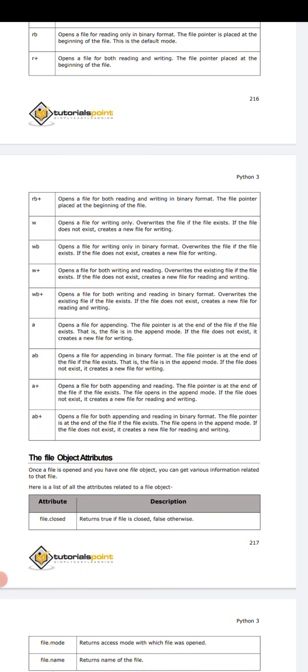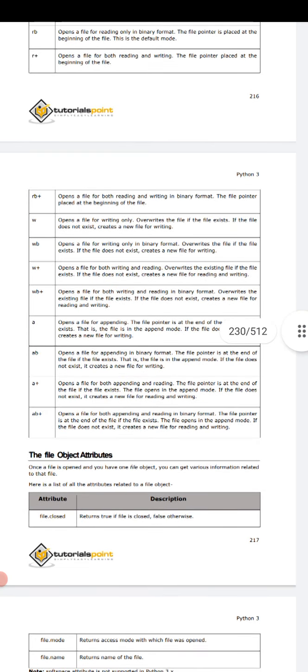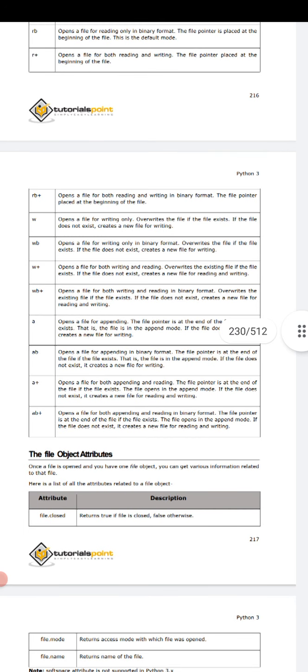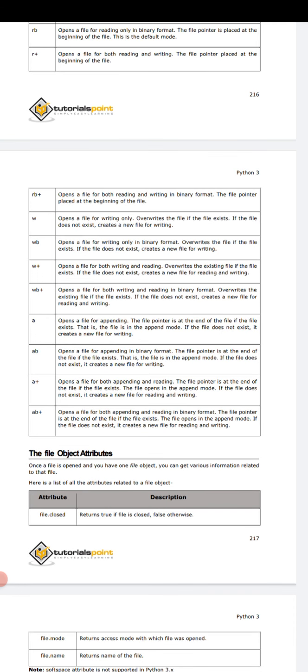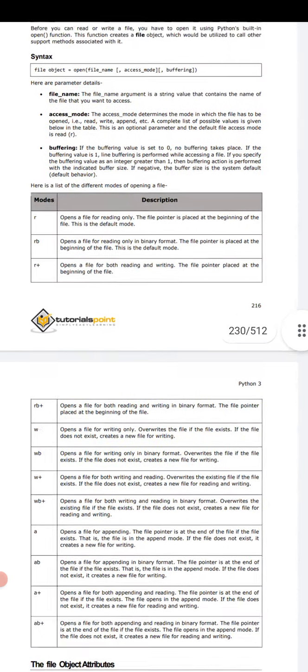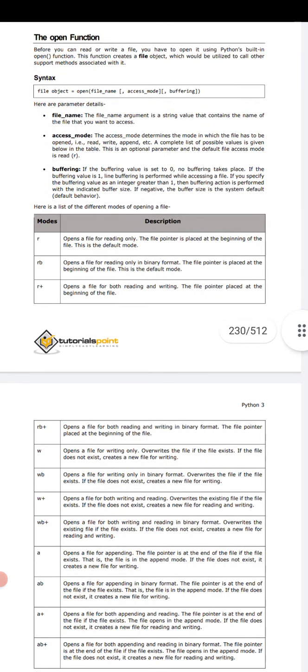These are very important points from an examination point of view. If your examination asks which open function or mode is used for files, you have the option to write something like that.